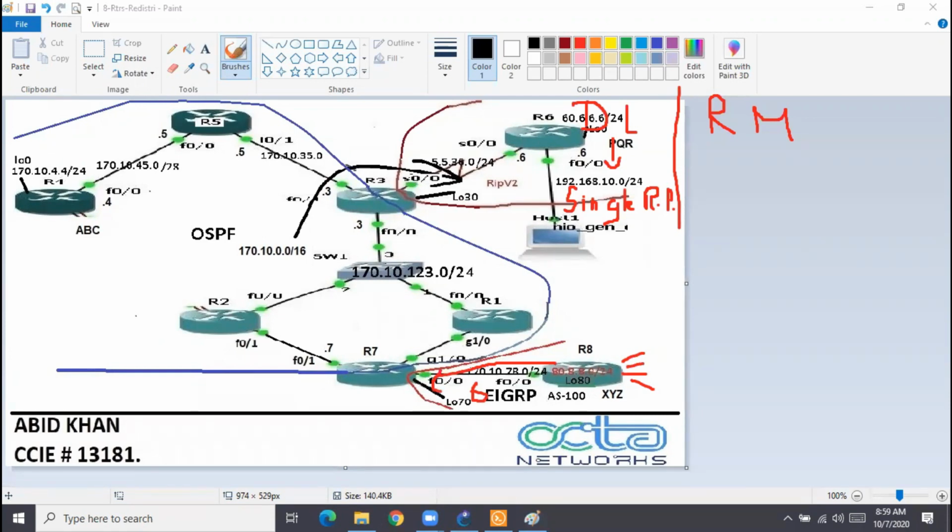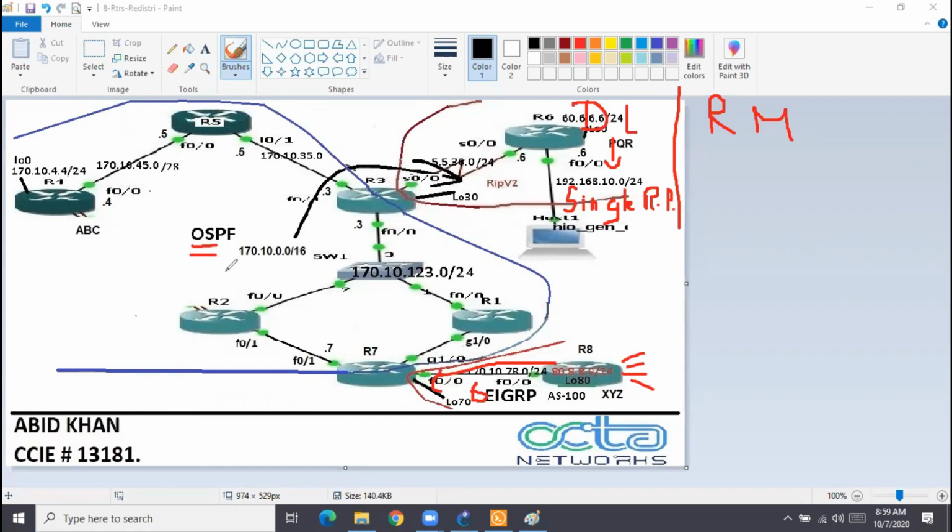Outbound filtering. Okay. So now the distribute list, as I said, can be used to do inbound filtering and outbound filtering also. But now you have an exception. What is that exception? Inbound and outbound are okay with RIP and EIGRP. You can do distribute list inbound, and you can do route filtering outbound in RIP and EIGRP. But if your routing protocol is OSPF or ISIS, then you cannot use distribute list to do outbound route filtering. Only inbound is permitted.